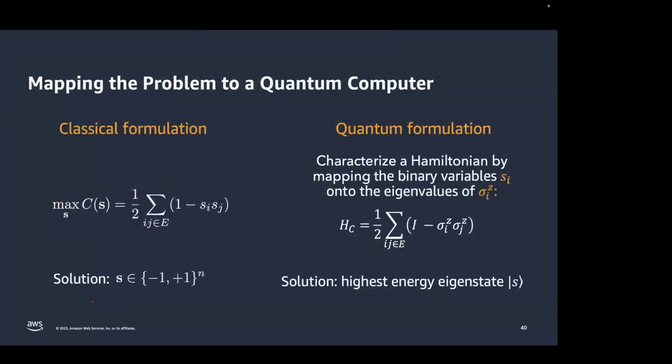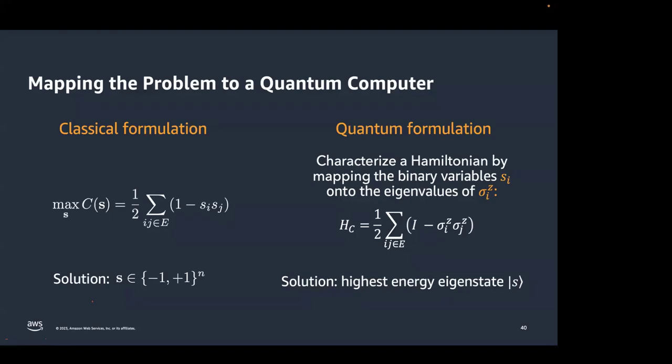So the classical formulation looks like this, where Si and Sj label the vertices, whether they are in subset -1 or subset 1. For the quantum formulation, one can promote these Si and Sj to the Pauli operators sigma z, which have eigenvalues -1 and 1.